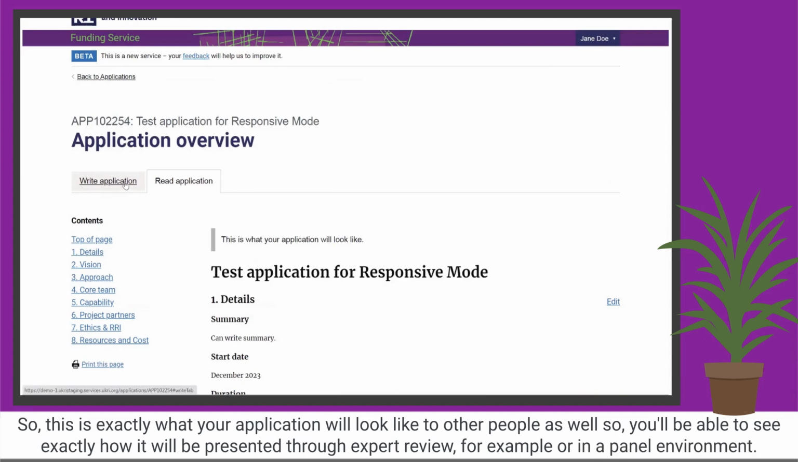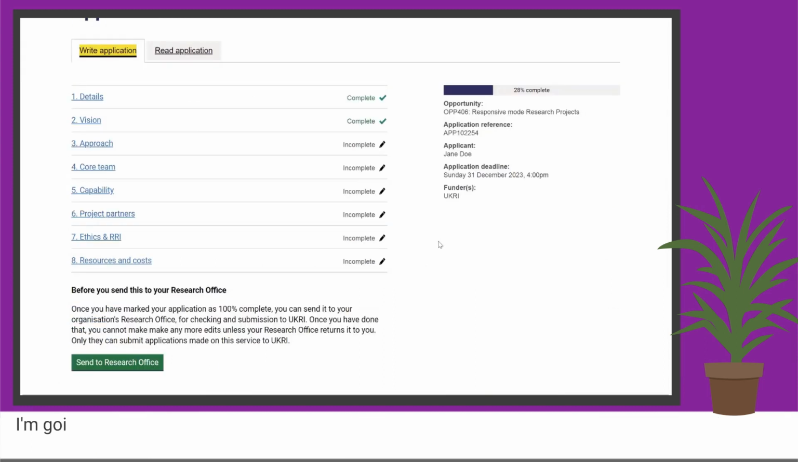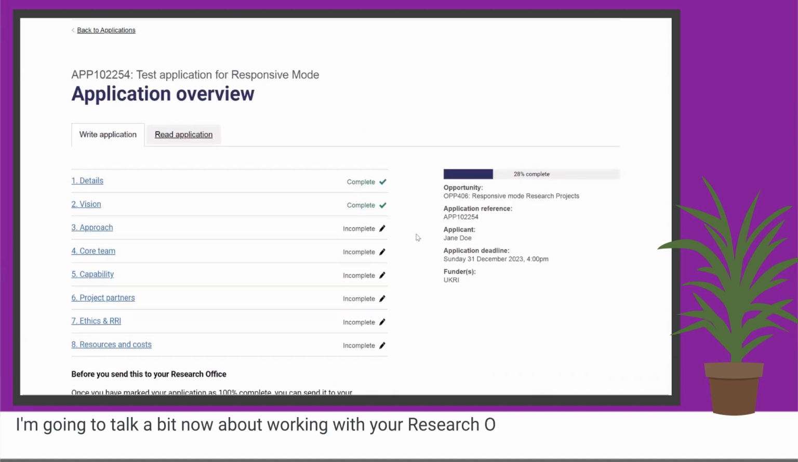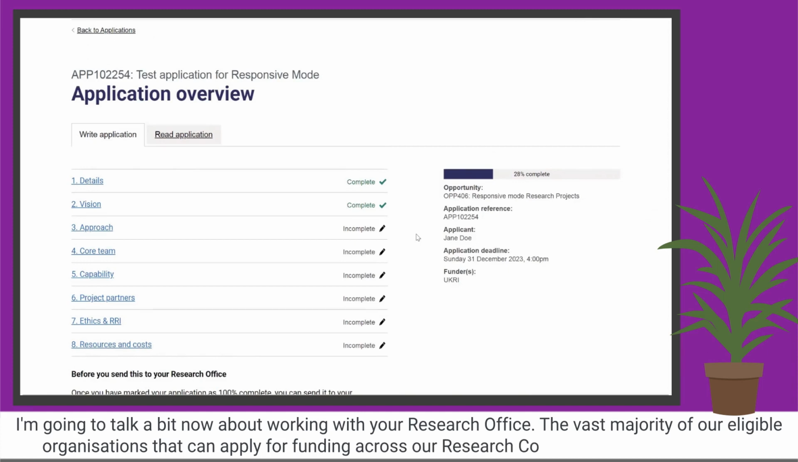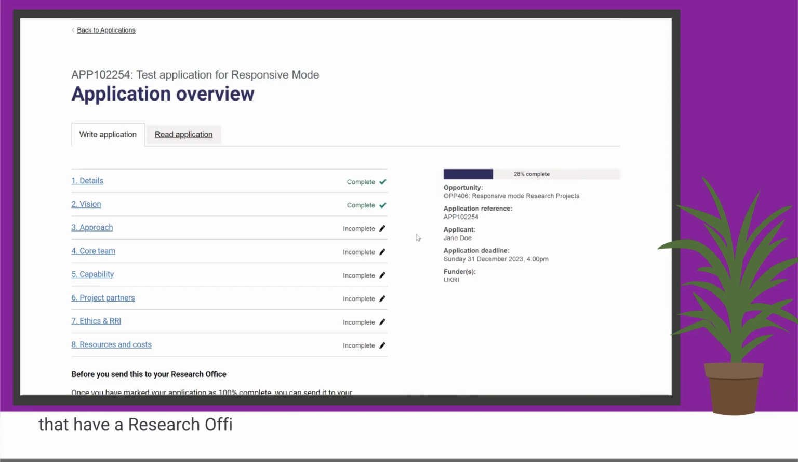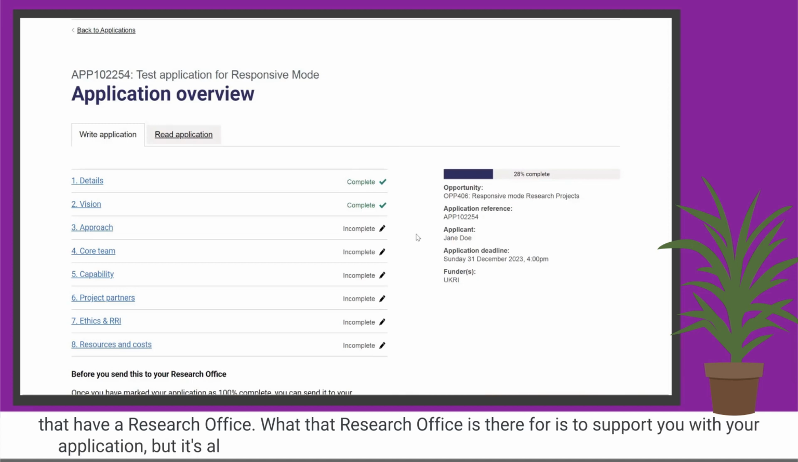panel environment. I'm going to talk a bit now about working with your research office. So the vast majority of our eligible organizations that can apply for funding across our research councils work in organizations that have a research office. And what that research office is there for is to support you with your application, but it's also there to manage the application